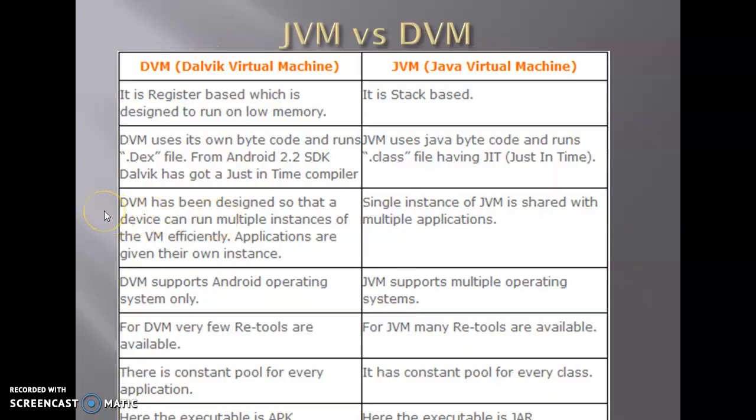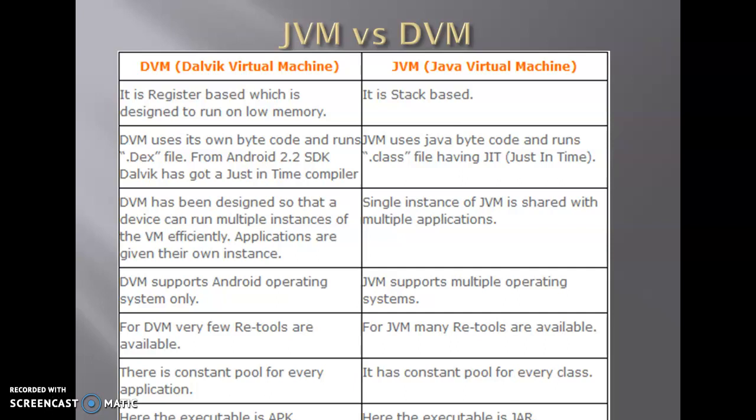Now let's see what is the difference between JVM and DVM. The first difference is that DVM is register based while JVM is stack based. What is the difference between register based and stack based? Stack based means a memory structure where the operands are stored in a stack data structure, while in register based the operands are stored based on the registers of the CPU. Second difference is that DVM uses its own bytecode and runs .dex file. From Android 2.2 SDK, Dalvik has got a just-in-time compiler, and